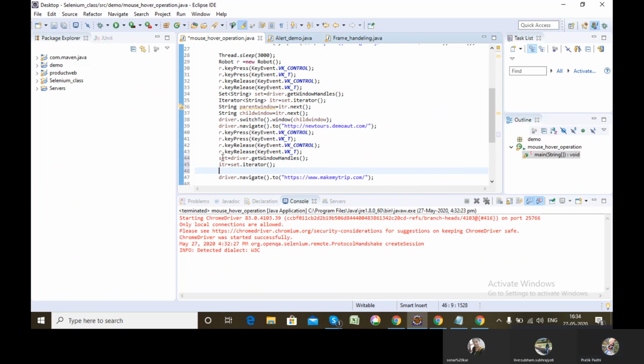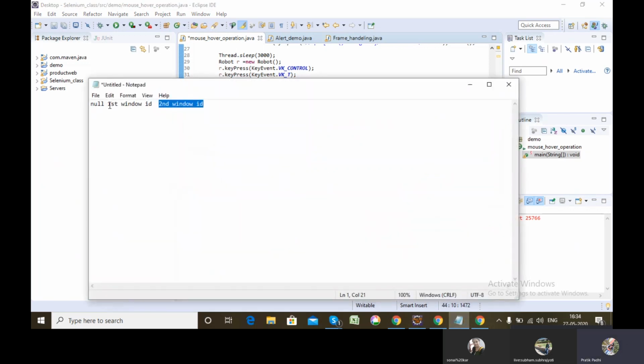Now my set will have first null, second the first window ID, third the second window ID, fourth the third window ID, because now three tabs are opened, right?